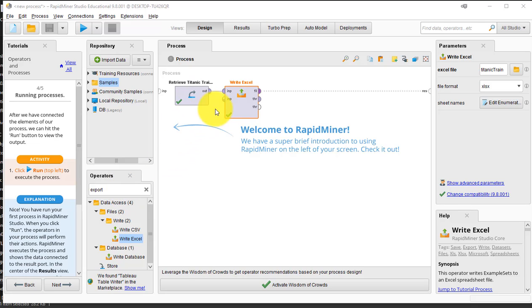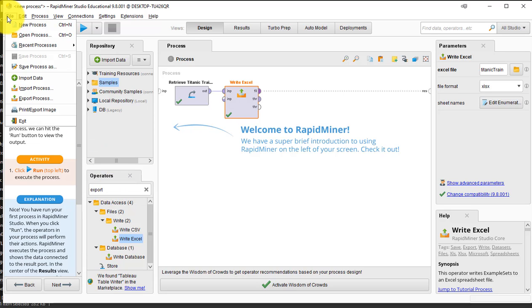In other words, maybe we might want to have an Excel file that has the data. And so what you can do is you can go to the operators. This is a little bit strange way to export. I looked in here, I didn't see export processes. But anyway, you go to the operators and you look for export, and I saw one called Write